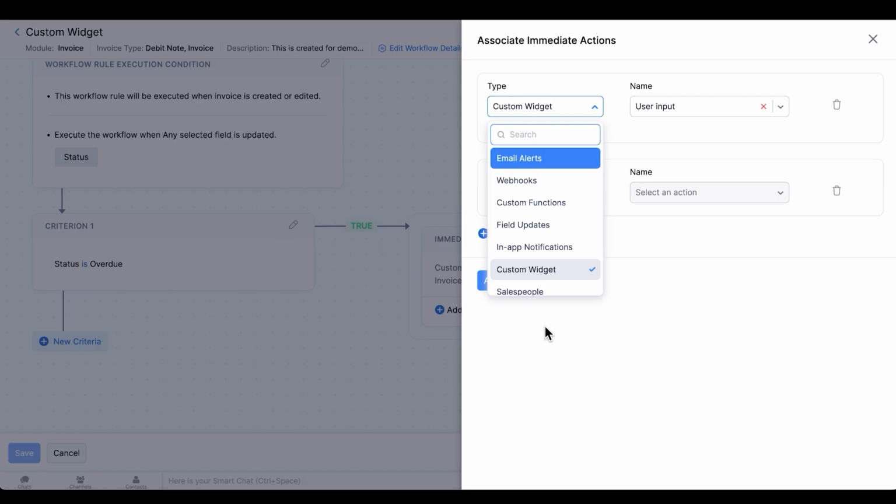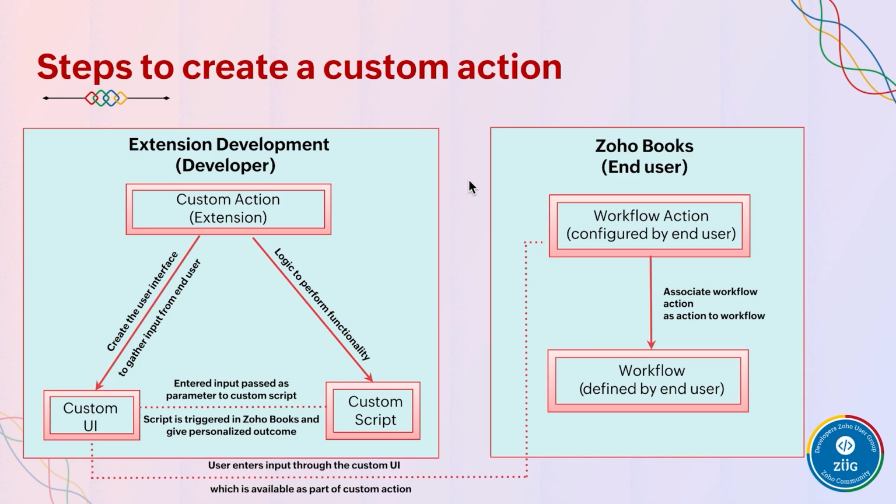So in this way, the end user can go ahead and define any number of workflows, associate the desired custom action, and whenever that specific workflow condition is met, that script will be triggered to deliver the personalized outcomes. So this is an overview of a custom action and how they can be implemented within the Zoho Books by an end user. I have just put the steps that we have discussed consolidated as a part of this